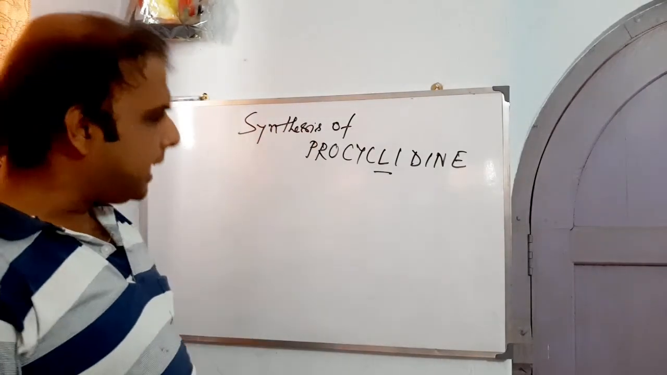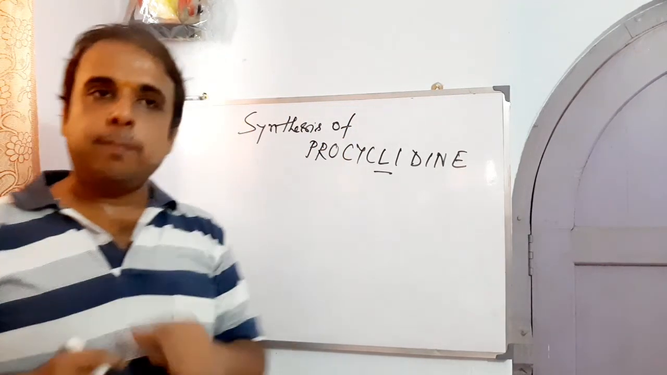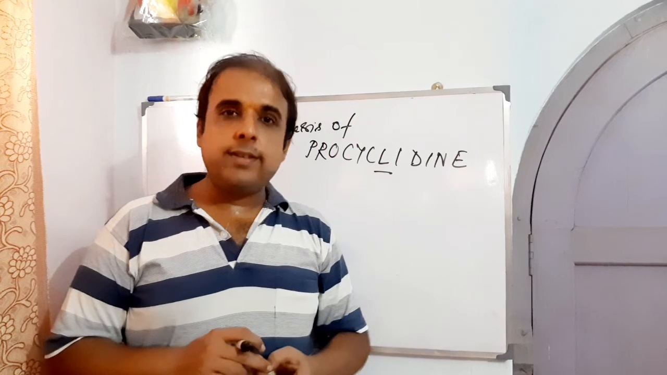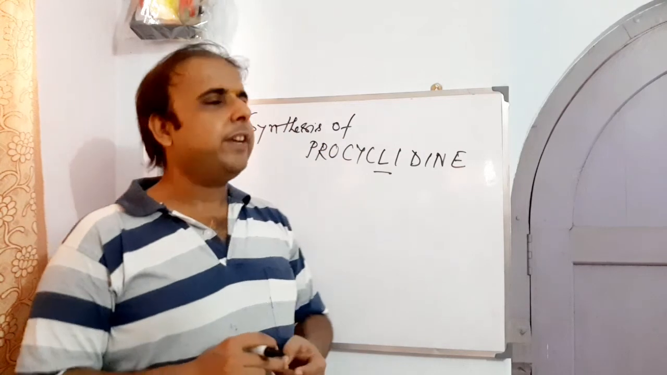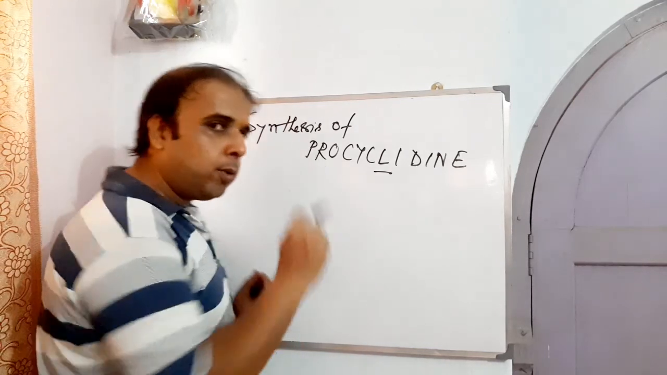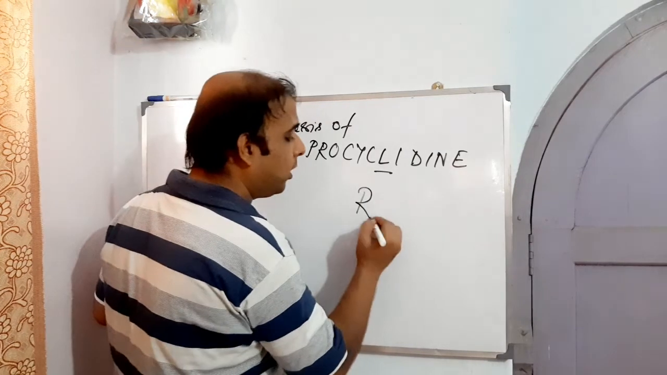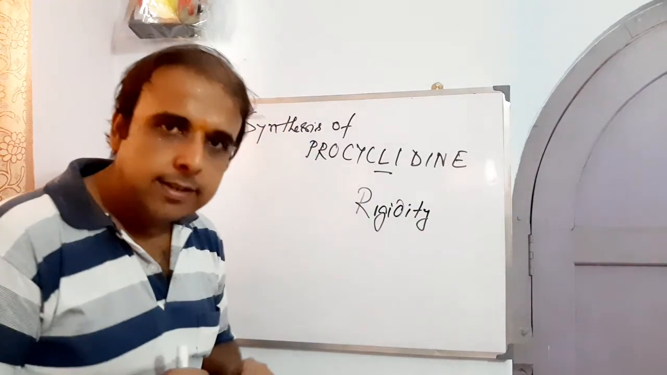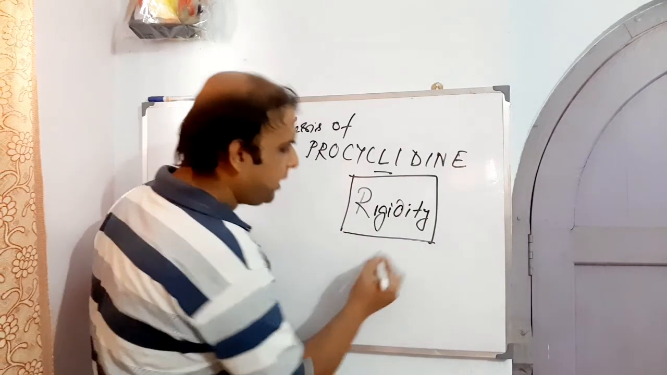So synthesis of procyclidine. Procyclidine is basically a synthetic cholinergic blocker, and it belongs to the chemical category of amino alcohols, preferentially given to alleviate the symptoms of Parkinsonism. Being an anticholinergic, it can be given to a patient suffering from Parkinsonism, and it can work on rigidity associated with Parkinsonism. They can work well on rigidity, moderate on akinesia,